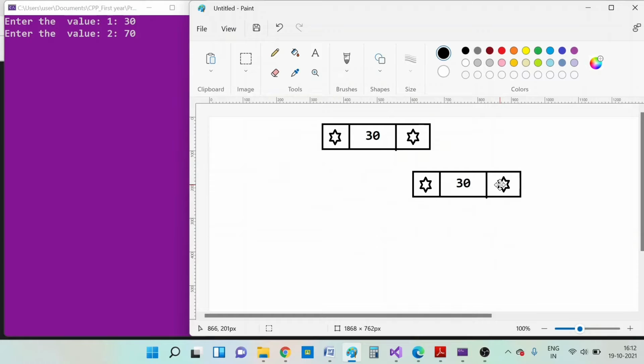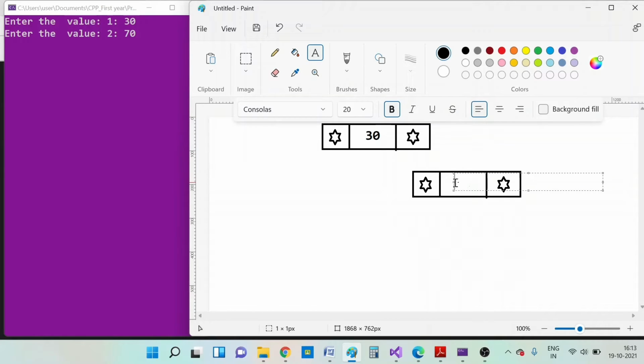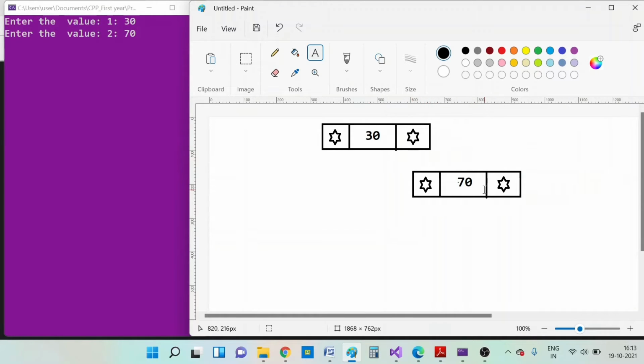and it will first check what is the value of the f-link pointer, and since it is null, it will get into that if condition, and it will create the new node. It will write the value 70 here, and replace this by the address of the new node.